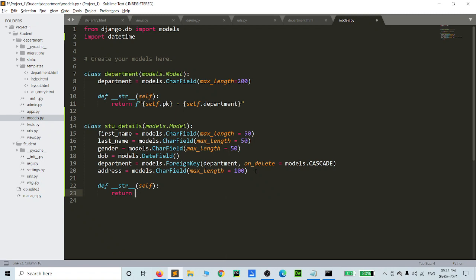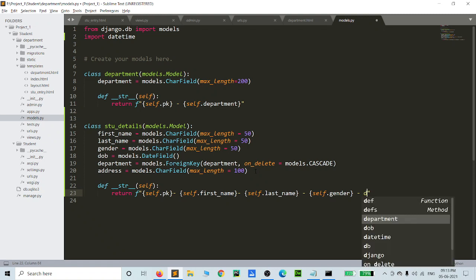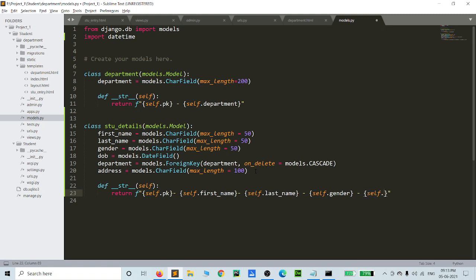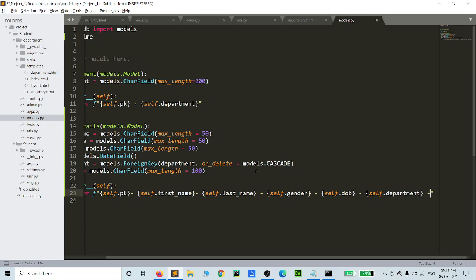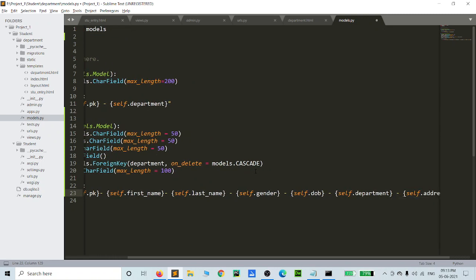In it we need the primary key, and self.first_name, and self.last_name, and self.gender, and self.date_of_birth, and self.department, and self.address.